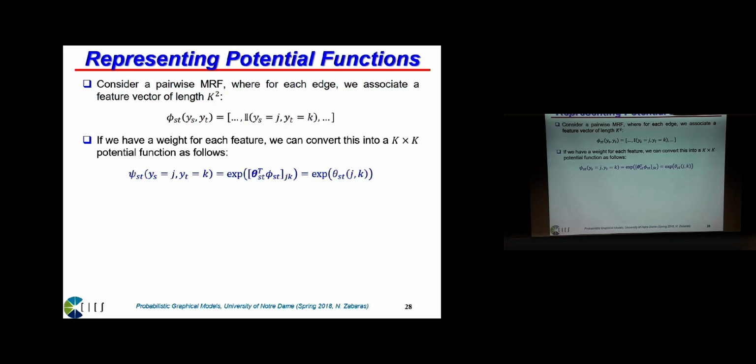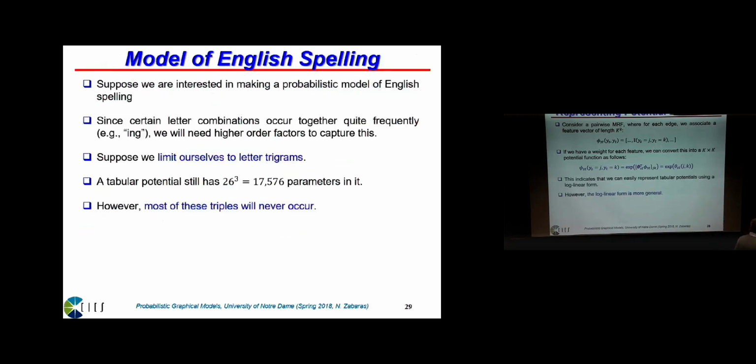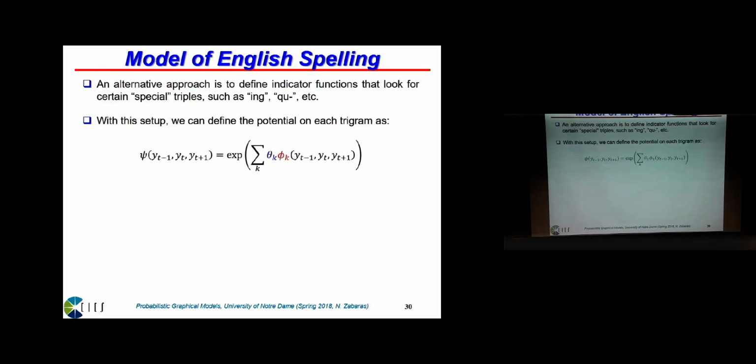So in some sense there is a similarity between this discrete model using tables and using this log linear model, but obviously the log linear model is way more general because we can put any sort of feature functions we're interested in there. All right, so we can bypass this. So here is, for example,